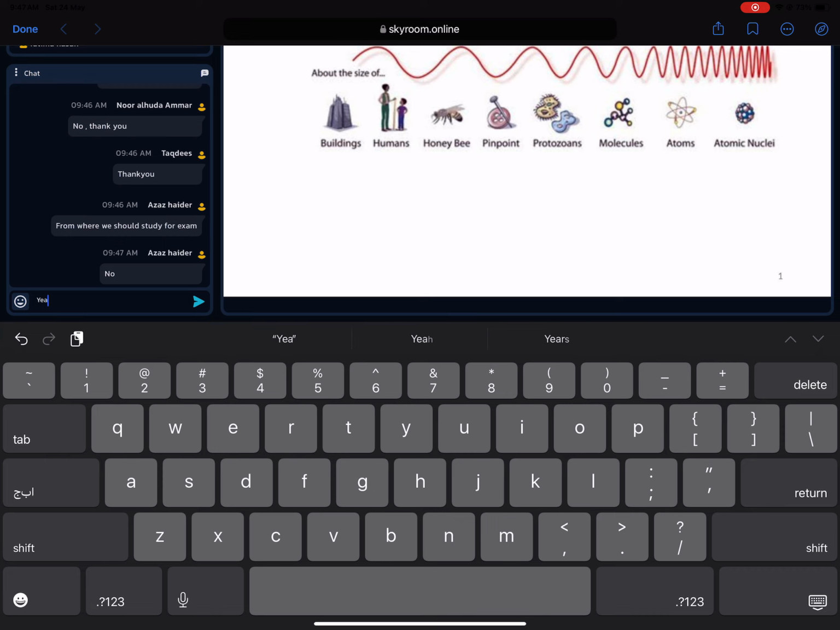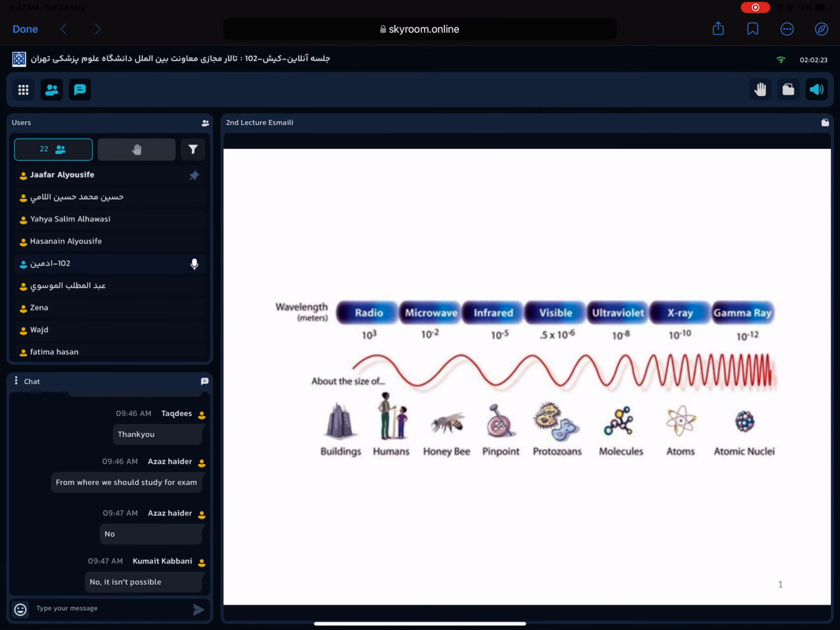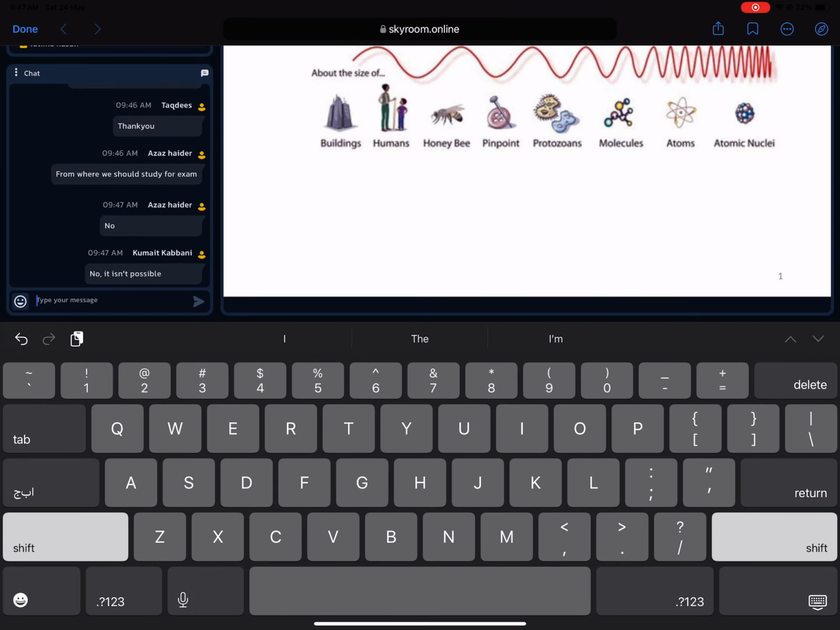I don't know, but in Skyroom probably you can record it. No? Or can you ask the administration? Just a minute, please. I will ask the administration if it's possible for them to